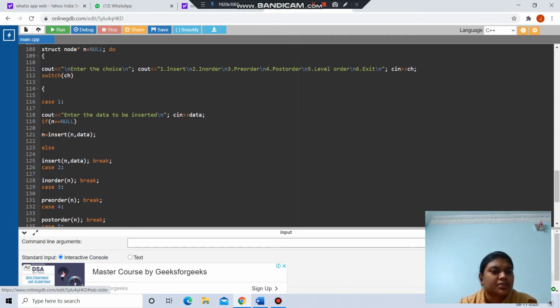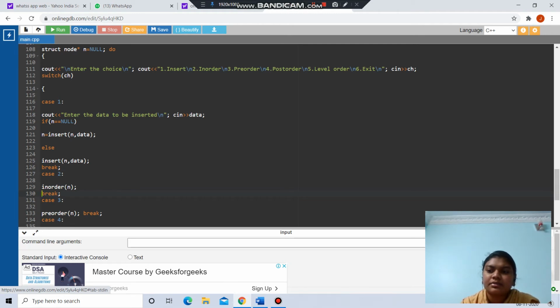Now in a switch case, in case 1, enter the data to be inserted. If n == NULL, n = insert(n, data), else insert(n, data), and it will break. In case 2 we have given inorder, and it will break.